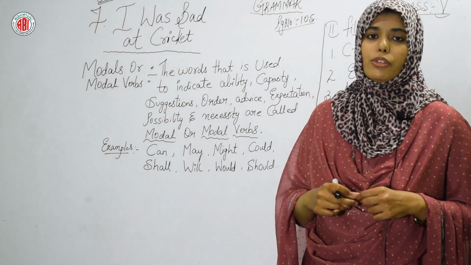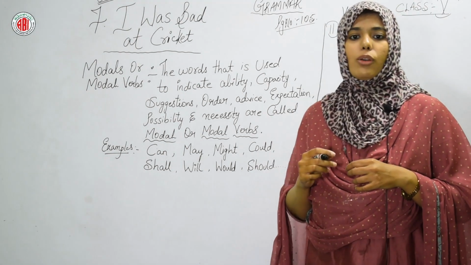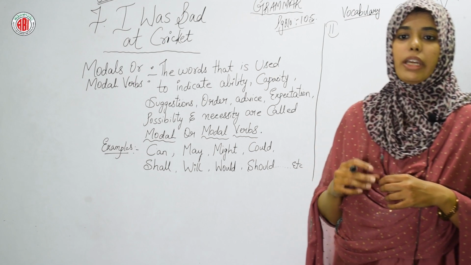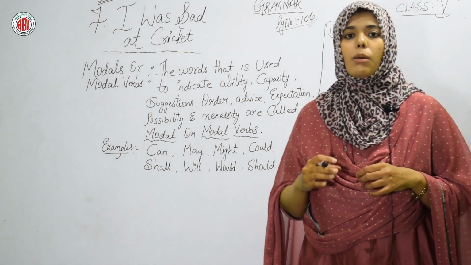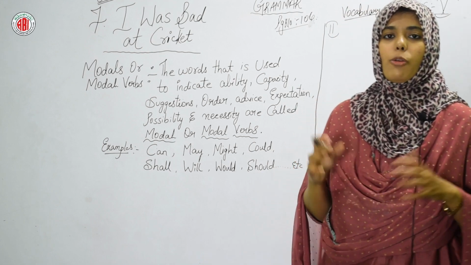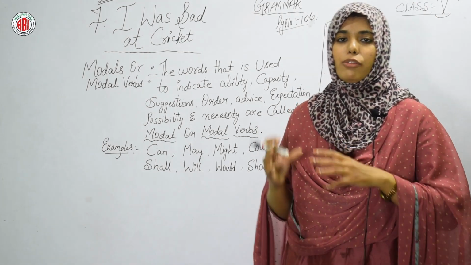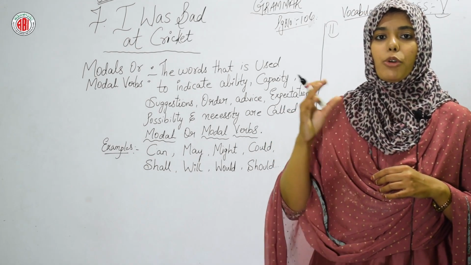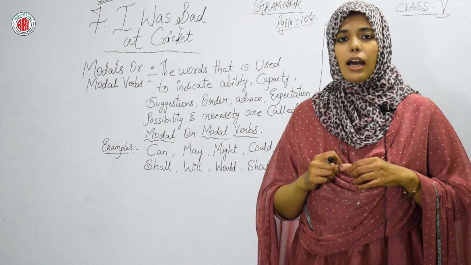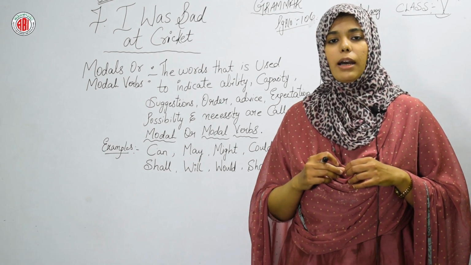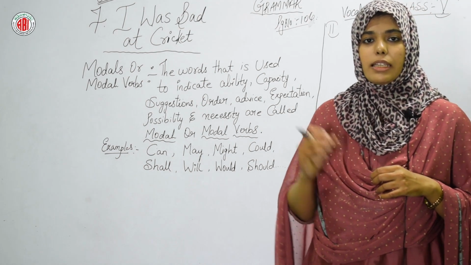So let's move to another bit, which is nothing but the vocabulary. Write the following words in the order of their appearance in the dictionary. On page number 106, there is a box given. In that box, so many words are given. The words are placed in a jumble form. So we have to put them in place as per their appearance in the dictionary. We have to write these words in the dictionary form.